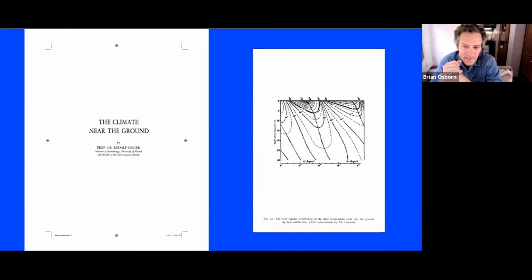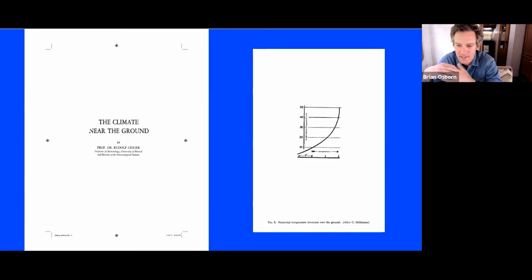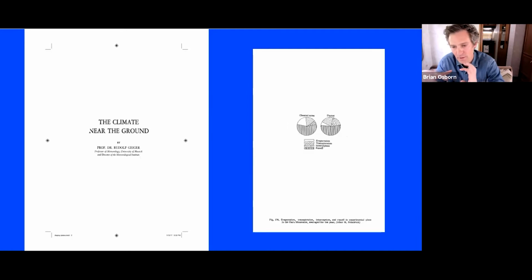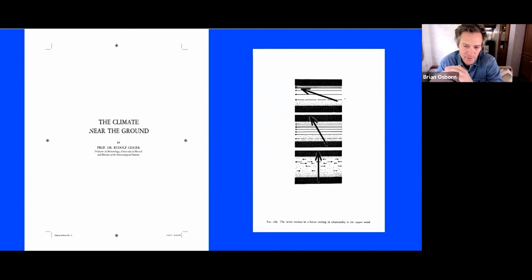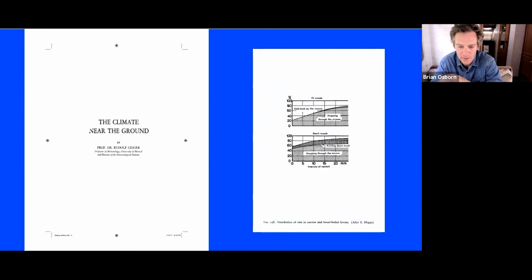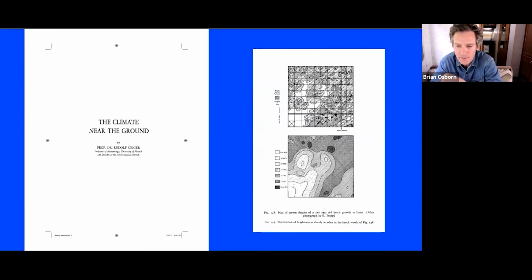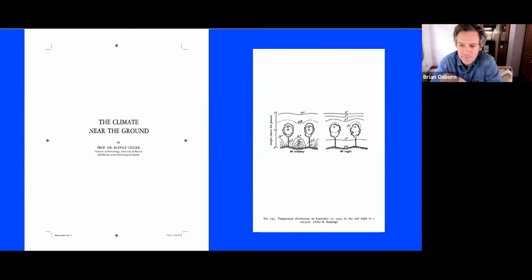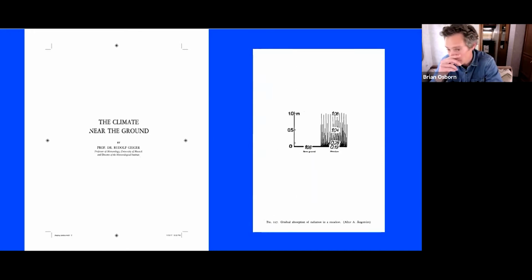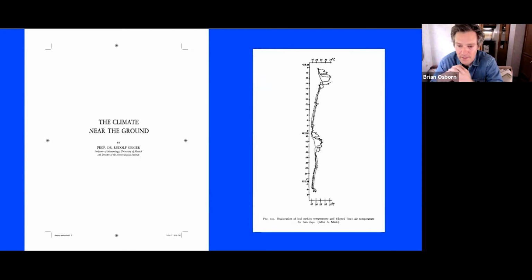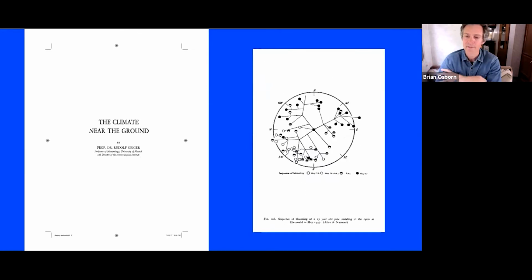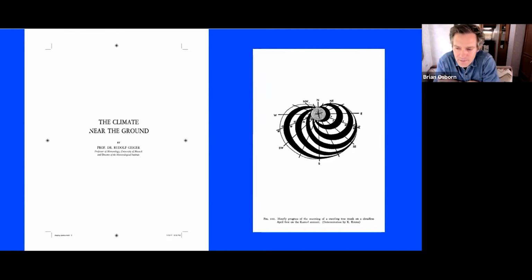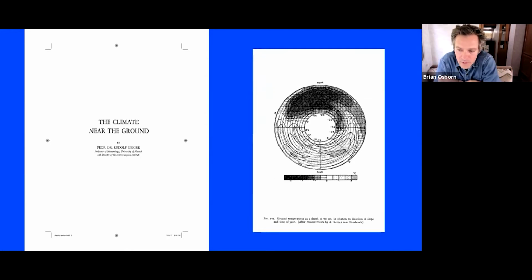I think what's so amazing about this book is that it's one of the first books, when this was written in 1927, on a new subject that Rudolf Geiger referred to as microclimatology. And in the preface, Geiger tries to make a case for the relevance of the book. And even though it's a scientific study, his reasoning is wonderfully polemical.